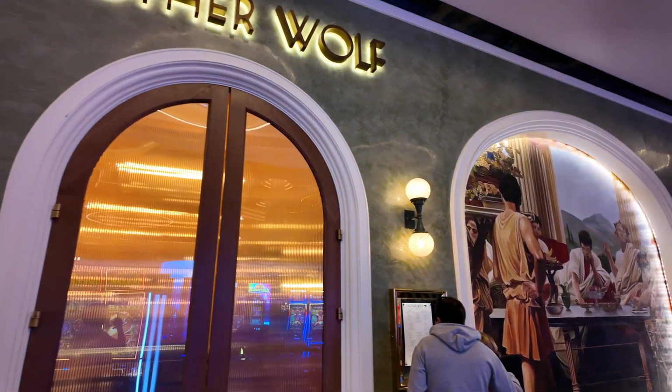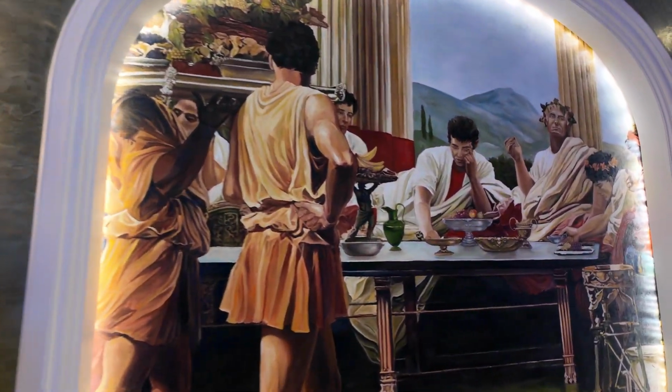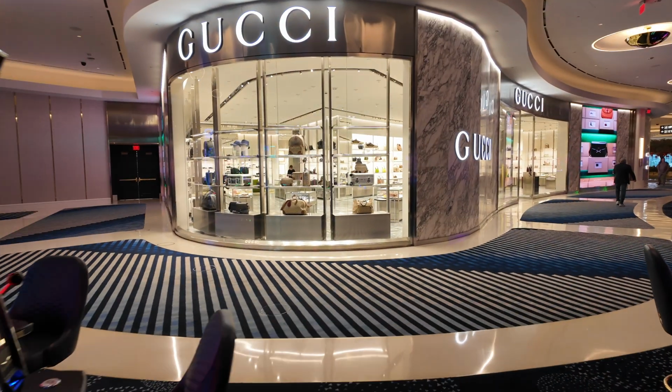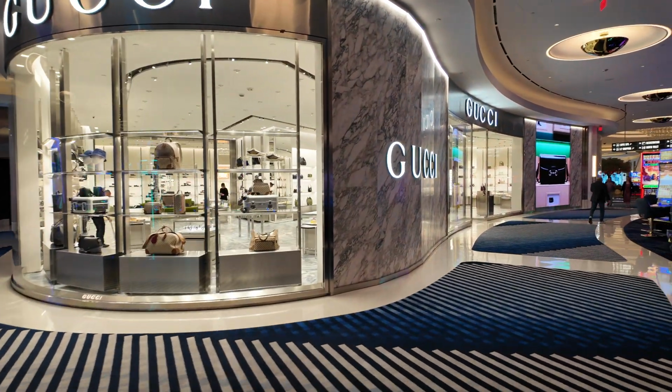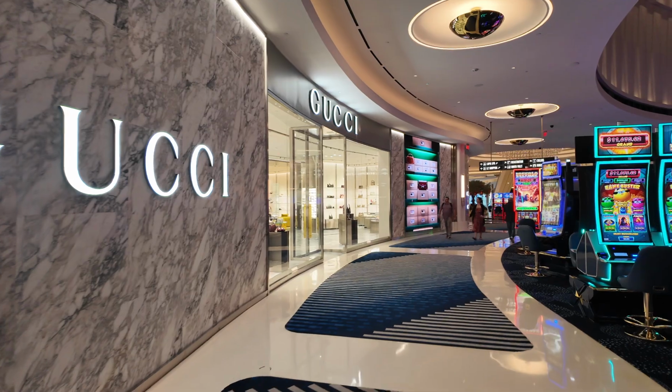Came from Los Angeles, so this is a very popular spot. Definitely one of the most recommended restaurants to me. I love this mural on the outside, very Roman. As we walk and finish our tour of the casino floor, you can see some of the ubiquitous luxury goods